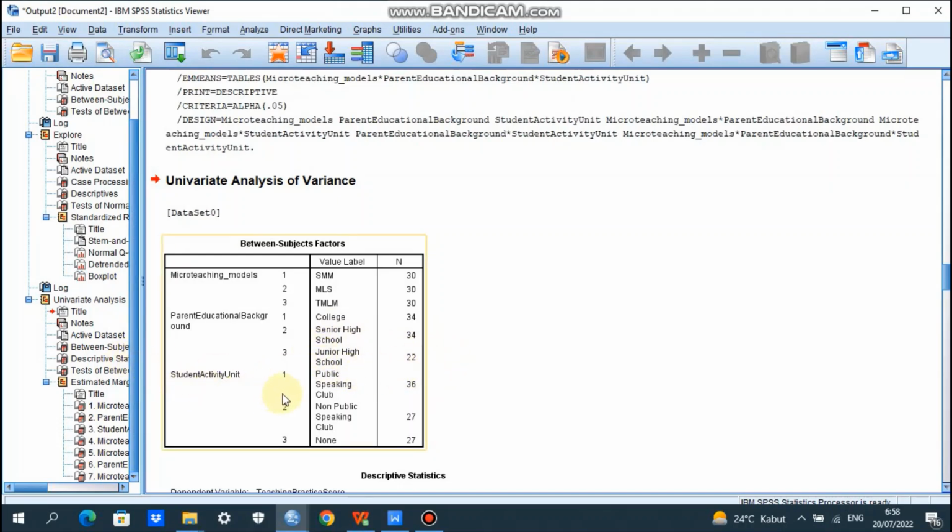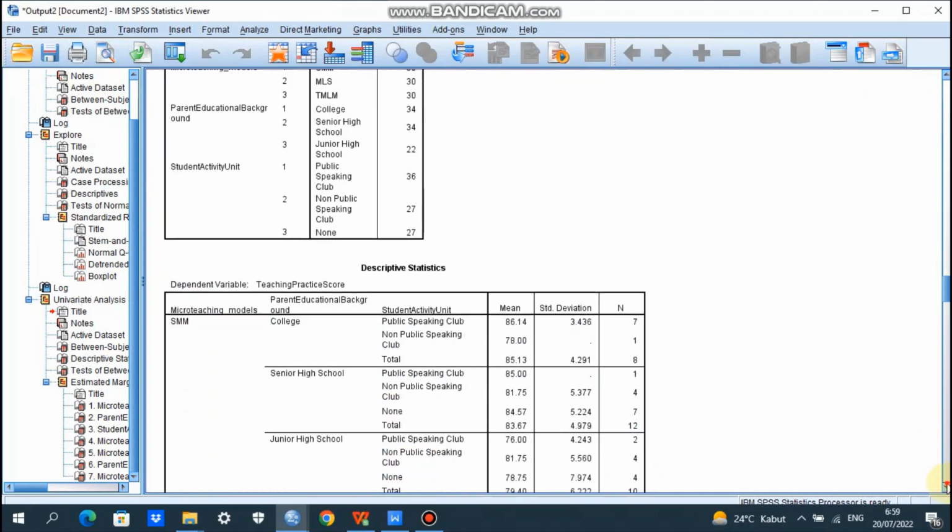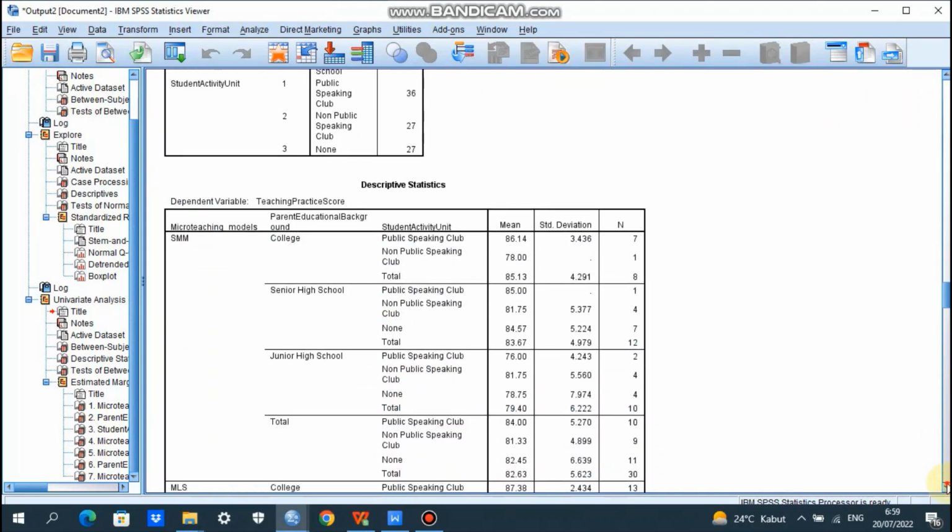And the teacher students joining student activity units, the public speaking club, code 1, there are 36 students. Non-public speaking club student activity unit, 27 students. And those who do not join any student activity units, 27 students. So we also have the descriptive statistics here to find the mean.